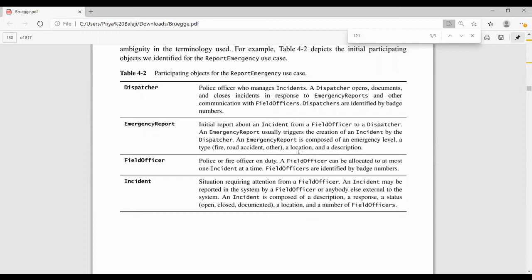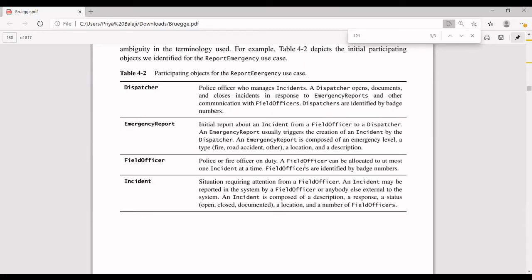Only 4 can be involved? No, as we told, you can have a resource allocation also as one of the objects. So through the dispatcher, the resource gets allocated. Like that, it can also be included over here. So this is the analyzing object. Once you define the use cases, you have to find out who and all, or what objects, are going to be involved in that particular use case.